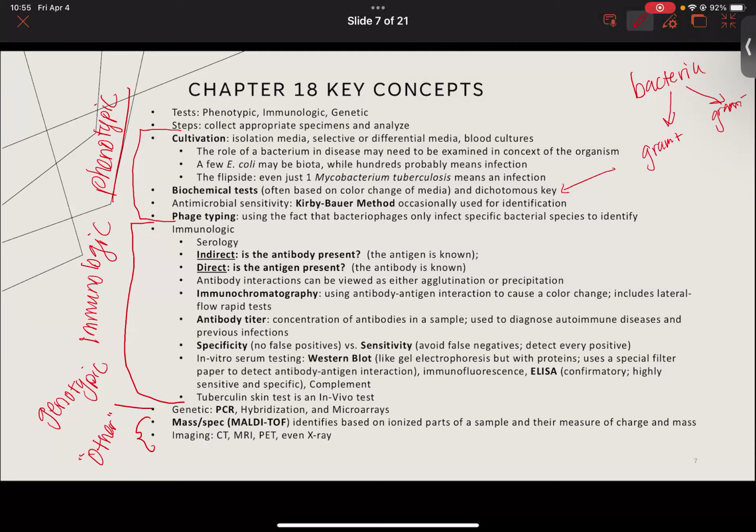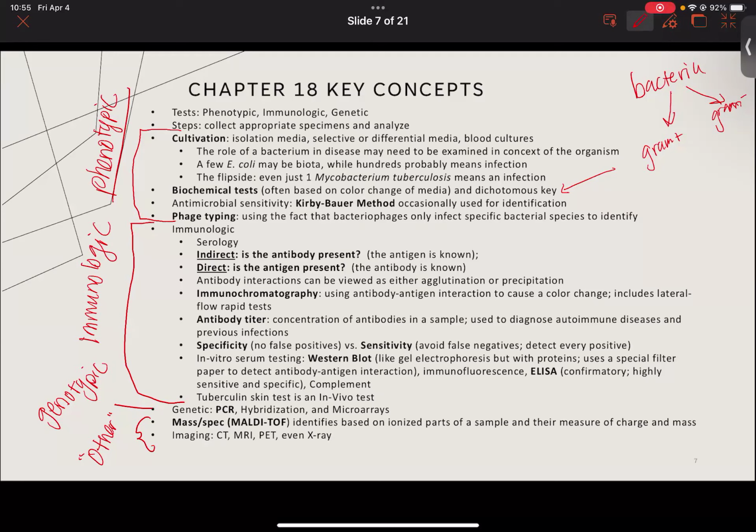And if you're a cocci, did you grow on mannitol salt agar? Just growing it on mannitol salt agar doesn't let you know that it is gram positive or that it's a cocci. But the fact that you're gram positive and a cocci and that you grew on mannitol salt agar and that you turned the mannitol salt agar yellow very highly suggests that you're probably